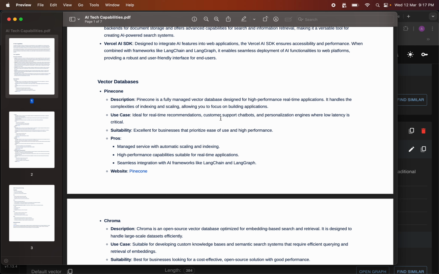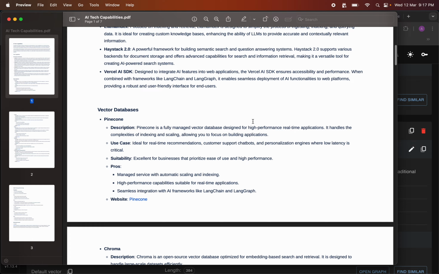vector database. And mostly people try to do vanilla RAG. Vanilla RAG, as in just storing the vector information in a vector database. There is no meaning as such. So what happens? To showcase that,